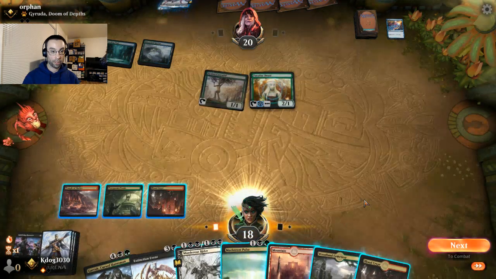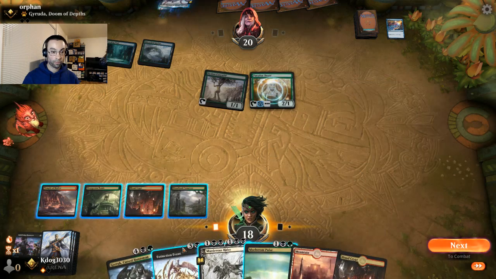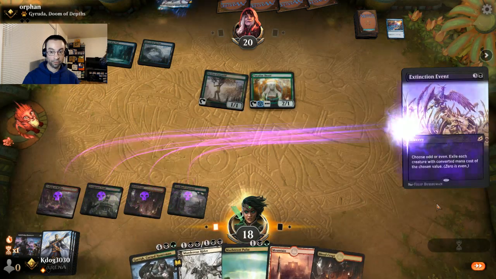So they have 1, 2, 3, 4 mana currently. It might be worth Extinction Event here. I mean, they're kind of a...